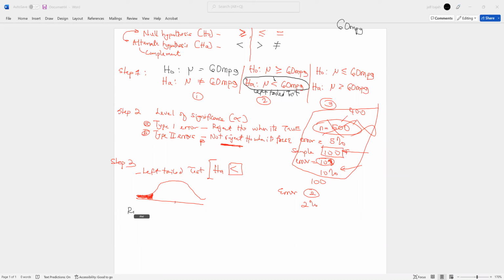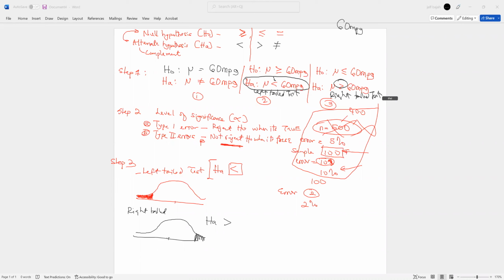Now, for a right tail test, remember the right tail test will look like this, right? So this is greater than, so it's moving to the right of your normal curve. So usually when HA has a greater than sign, it's called a right tail test. So this, for example, will be a right tail test,